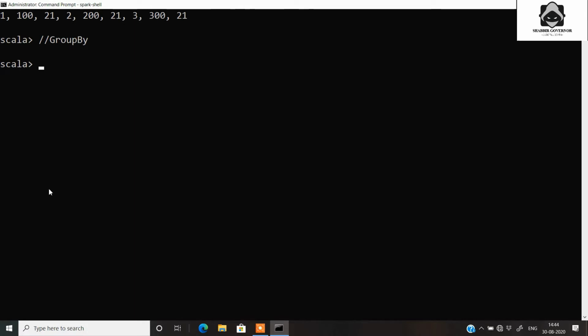Next is the groupBy transformation. Let's create an RDD of an array of names. Let's take general names, just like we took in PySpark. So we take names Adam, James, Ban, Bablu and Joker, for instance.